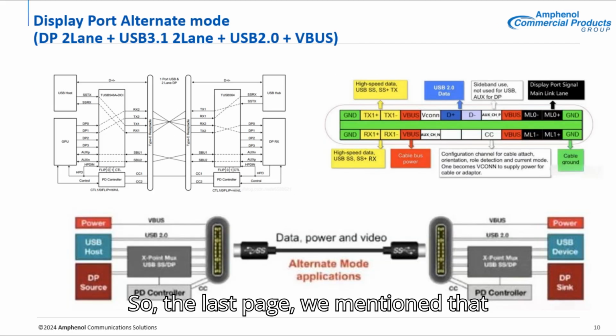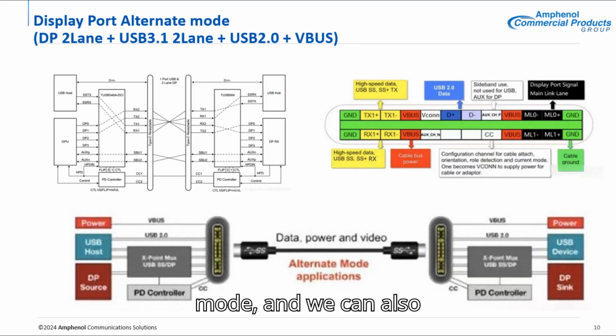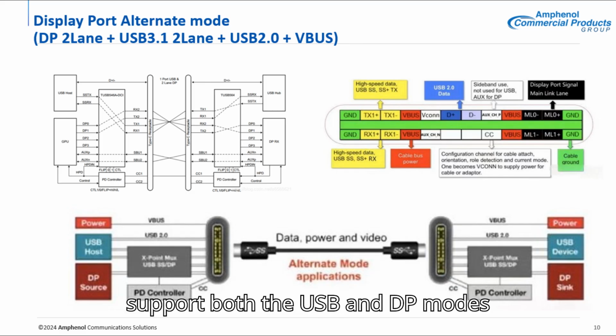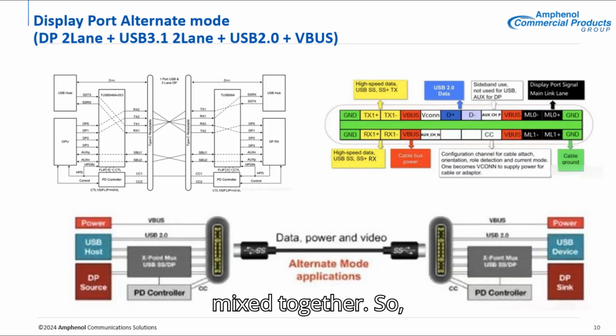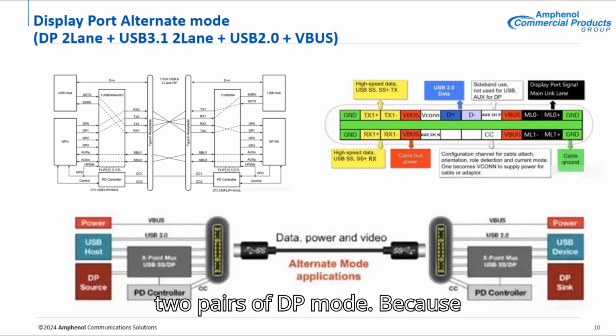So on the last page, we mentioned that Type-C can support both the USB and DP mode. And we can also support both the USB and DP modes mixed together. So 2 pairs of differential USB mode, 2 pairs of DP mode. Because